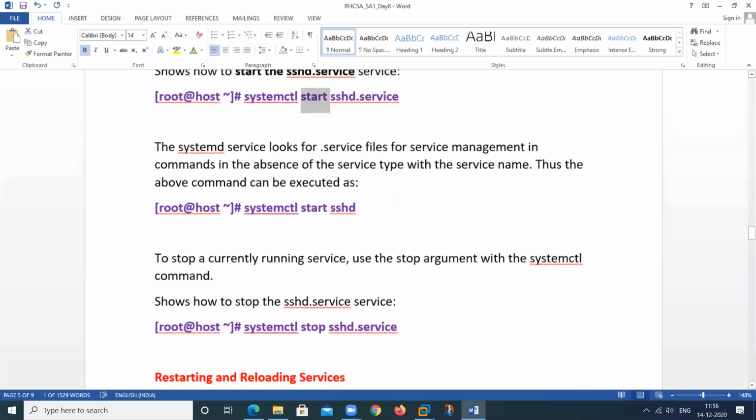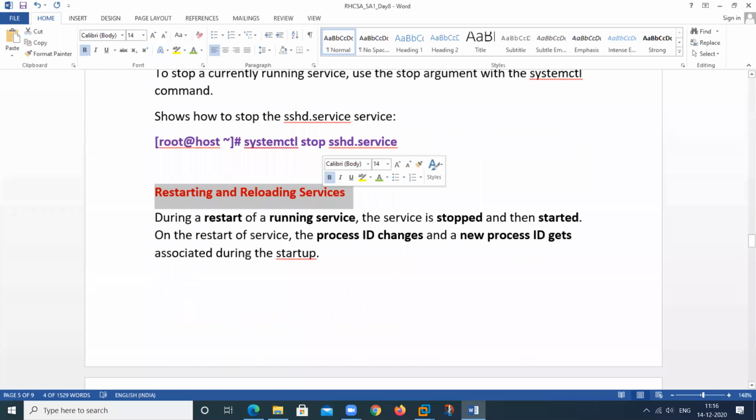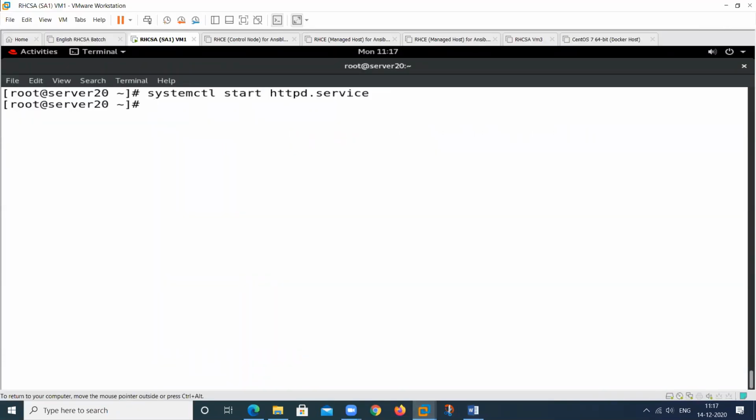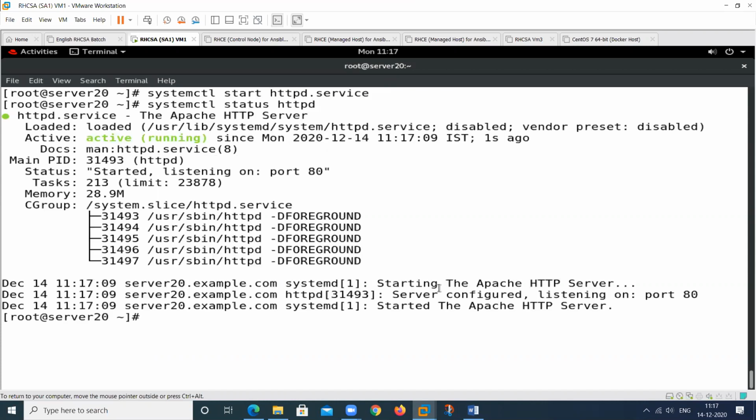Suppose we are working with this particular web server, and the status at this time is running, and we make some changes in the HTTP server. What is the port number of this particular one? Check all the things. What is this? This is the daemon name. This is my daemon. And what is this? This is my Apache server. In which location is it located? In this particular location.